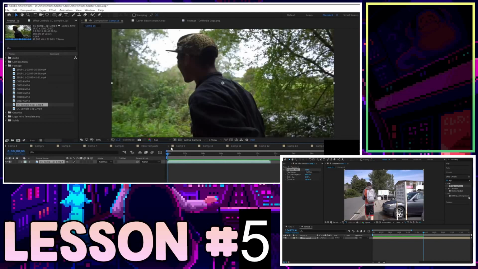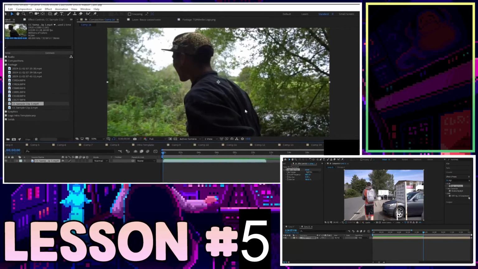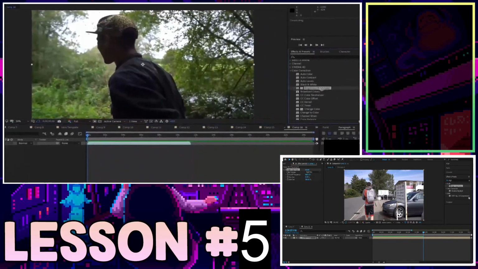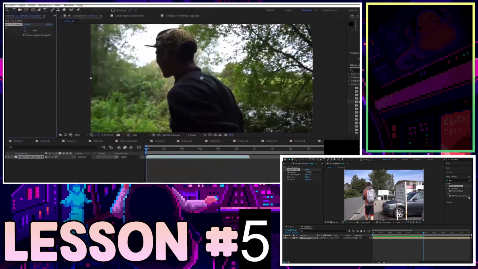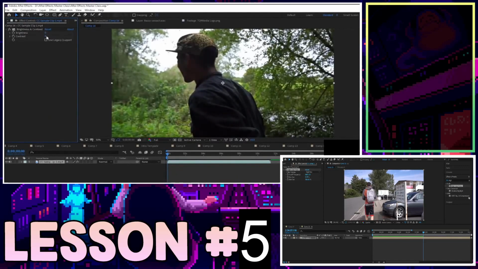First off, subcategory 1 of the color effects section is the basic color correction. Basic color correction can be boiled down to a couple simple elements. First off, of course, brightness and contrast. If we click and drag that over to our clip, that's very straightforward. We have 1 dial for brightness and 1 dial for contrast, and if we tone them up a little bit